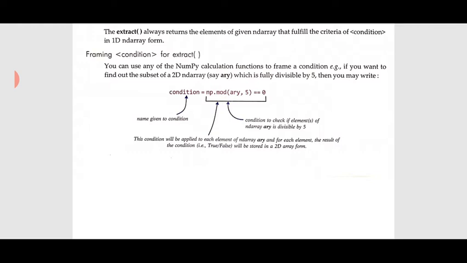After the equal sign, the expression written is the condition to check if elements of the nd array ary are divisible by 5. If all the elements of ary are divisible by 5, the remainder is equal to 0, meaning fully divisible by 5. This condition will be applied to each element of the nd array ary, and for each element the result of the condition, true or false, will be stored in a 2D array form.